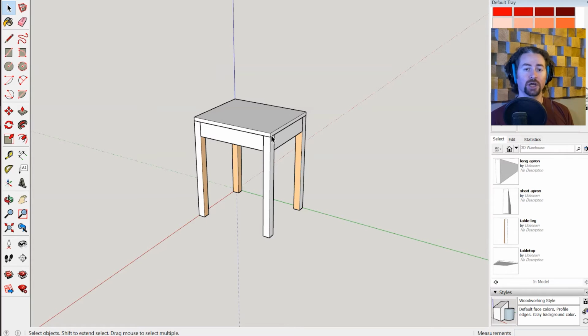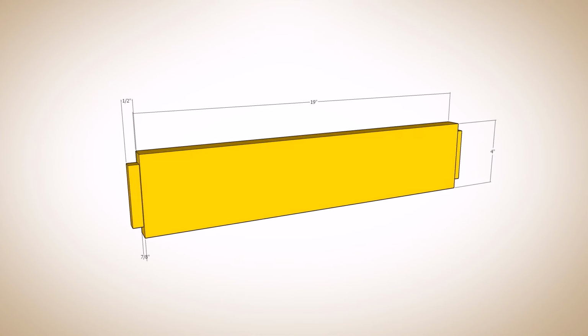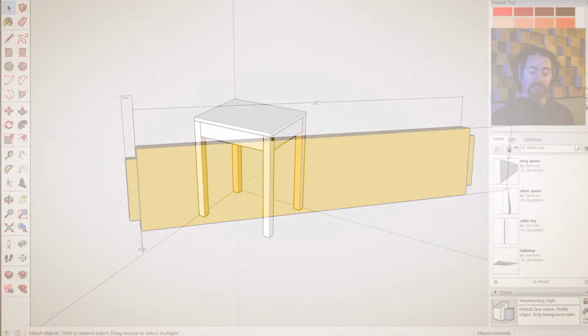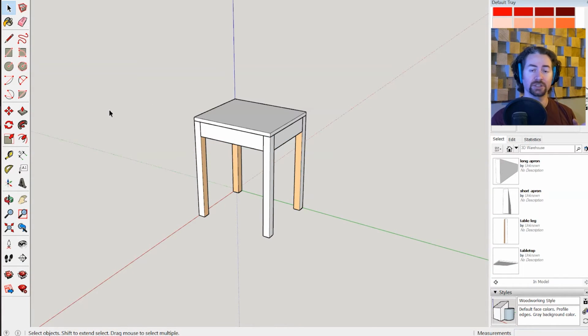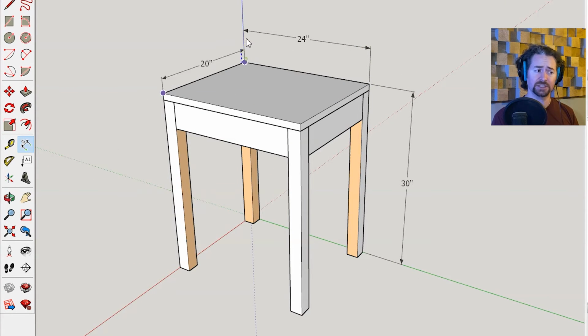Another necessary operation in SketchUp is to mark the dimensions of your furniture so you can make usable woodworking plans. To do that, you'll use the dimension tool. I'll click one point and then any other point, and it'll show me the dimensions of that, and I can flip it to this axis or this axis. Then I'll click to set it where it is. And I can do that for any necessary dimensions in my model.